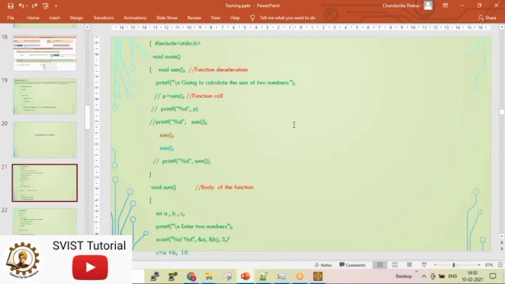Tomorrow I will do structure, union, structure padding and application of union, which is a very little different portion. So this will be covered tomorrow. I will start giving introduction to nested structure today. Please finish with the function.